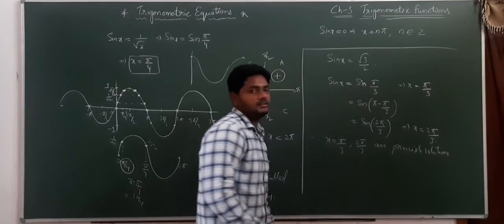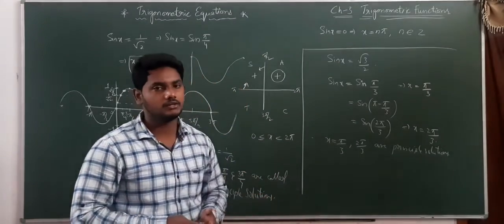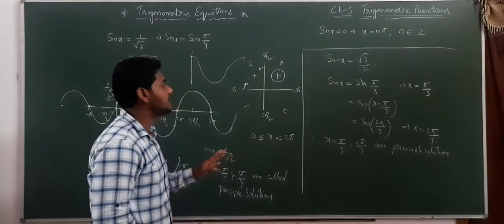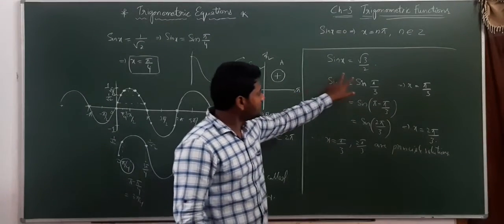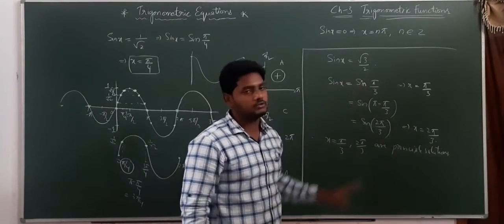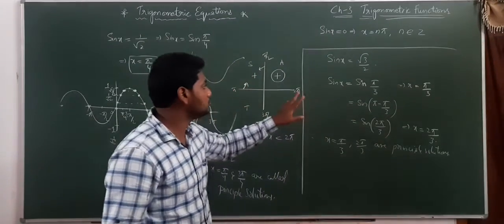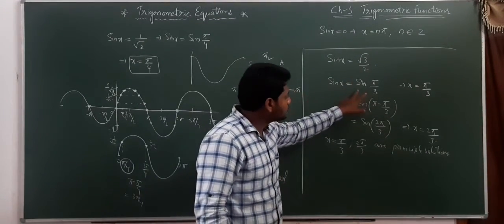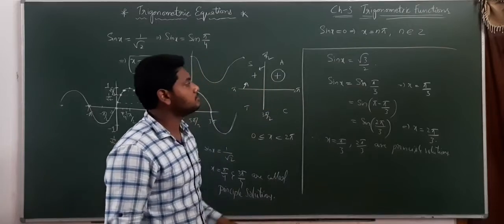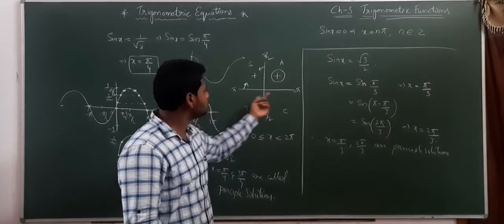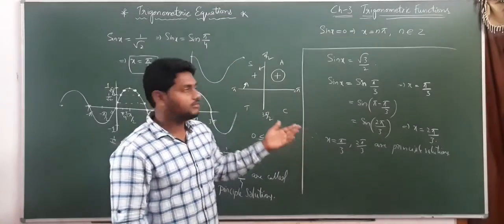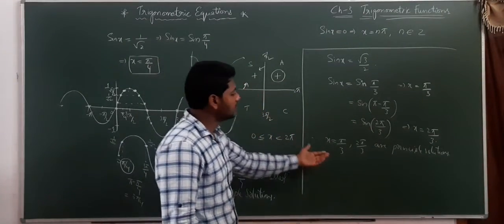See, very important. They will ask for either 1 mark or 2 marks. Definitely they will ask a question from the principal solution concept. They will give a value, sin x equal to root 3 by 2. Right? Sin x equal to root 3 by 2. So if it is positive, in which two quadrants is it positive? Directly we got the first quadrant value. To find the second quadrant, we use only even angles. By that we will get another angle.